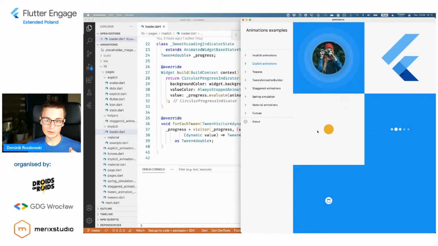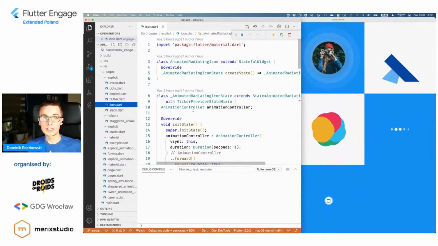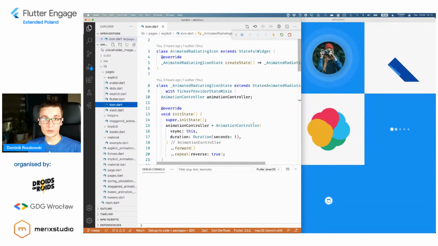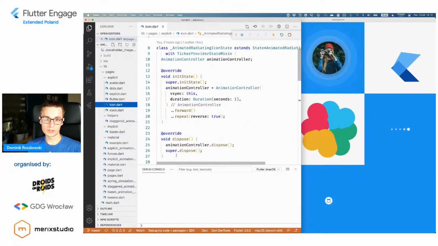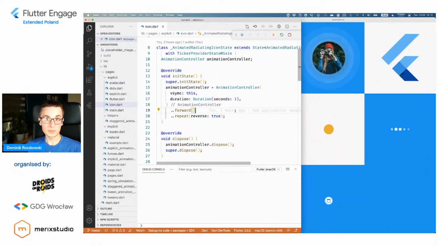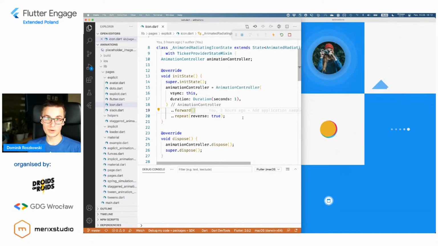So maybe let's take a look at this very simple animation that we have here, which is this glowing icon. In the case of very simple animations like this glowing icon, there is not much that you actually need to do. Of course, many people would say that this is pretty cumbersome and there is a lot of boilerplate with animations. But frankly, all that you need to do is this, maybe 10, 20 lines. Of course, you can create a snippet for that, which I recommend, so that you don't write this manually.